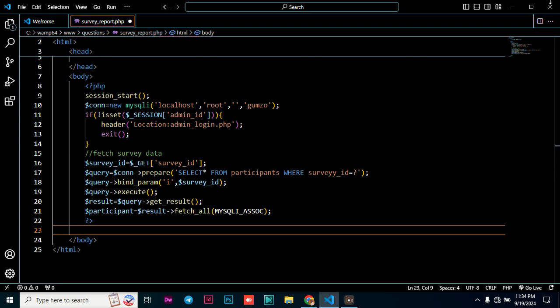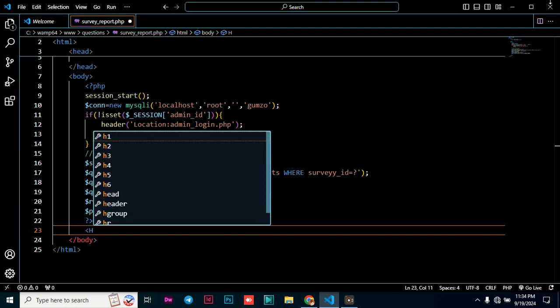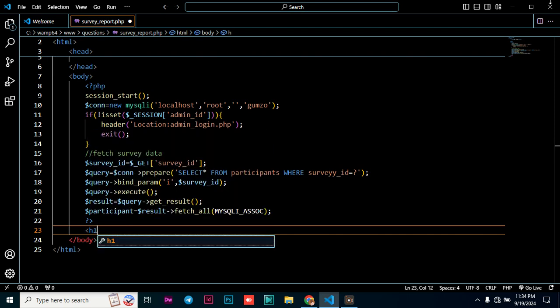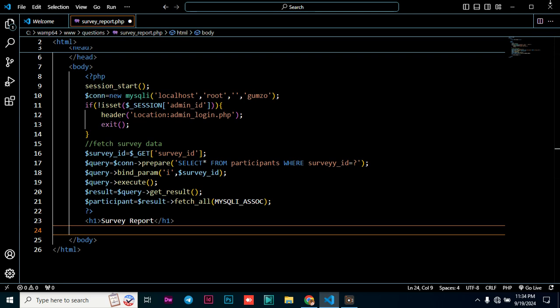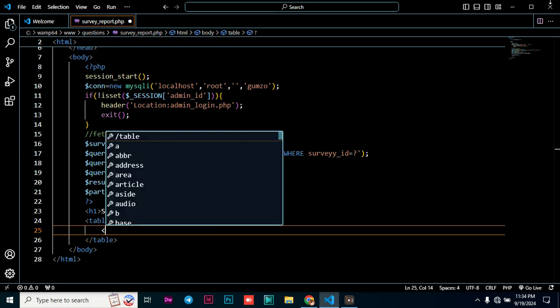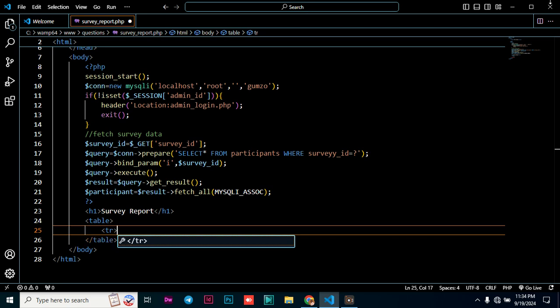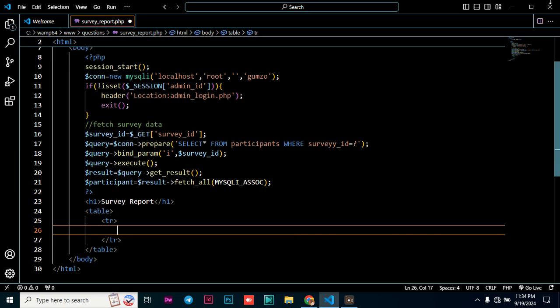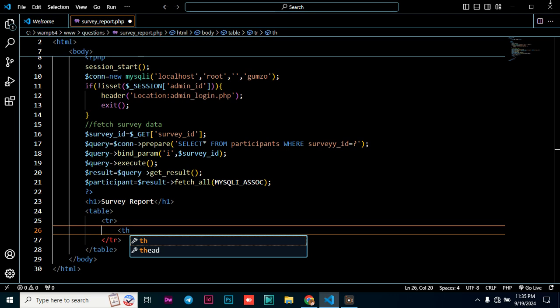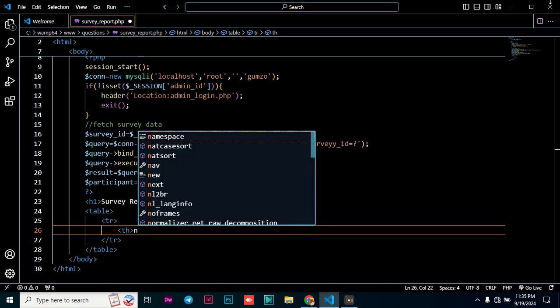So what you're going to do first, you're going to have our HTML down here. So you're going to make sure that we visualize the data that you have just collected. So inside there, we're going to say survey report. Then down here you can just say table. So we're going to have a table form, and then you have the table row. Inside there we are going to have th, name,